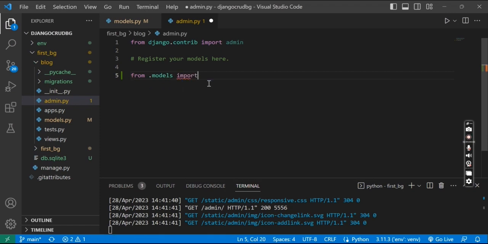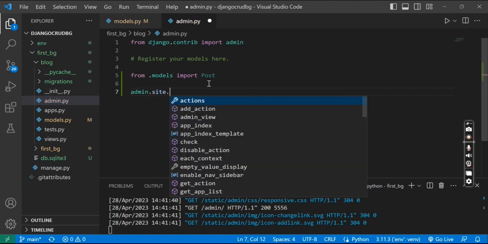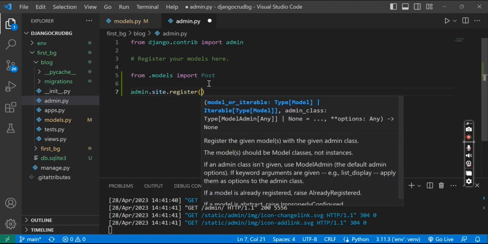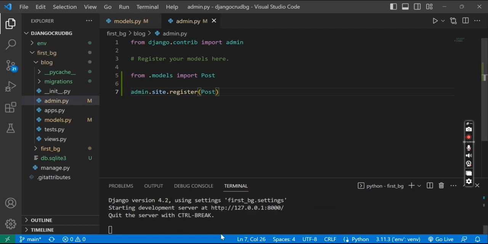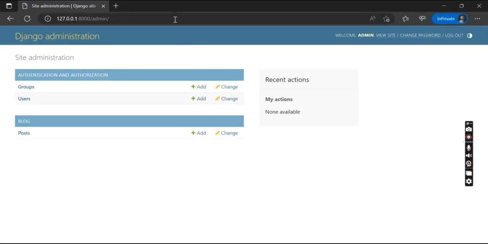So the first thing we'll do is import it: from space.models import post. And from there, we'll type in the command admin.site.register. And we're going to pass in post because that is what we want to register. Now we'll save in Visual Studio Code, refresh the site, and voila, we can see posts are now created in